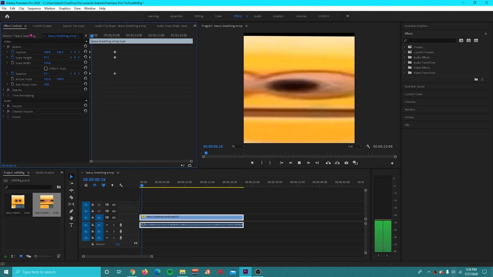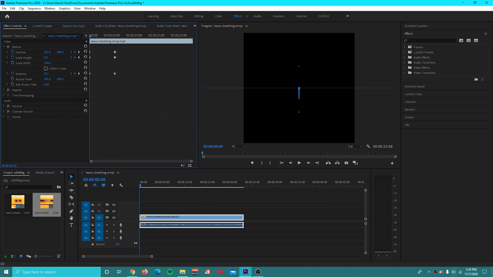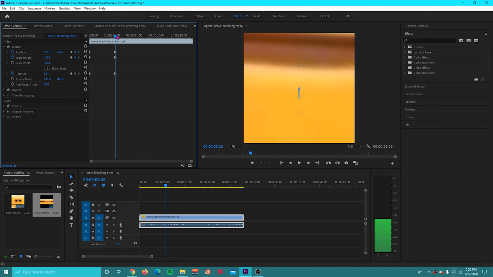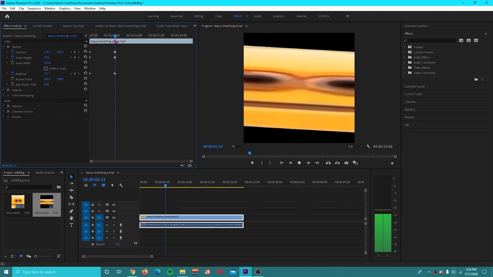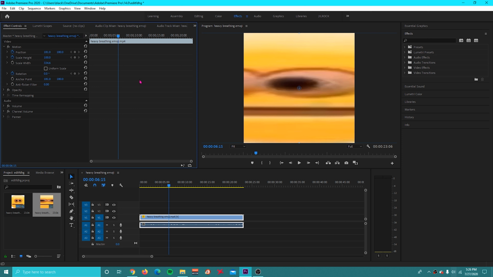So let's make the position over here different too. Let's say it was right here, so it slowly goes to where we desired it to be. So now it's over there. So now that we have position keyframes gone through,